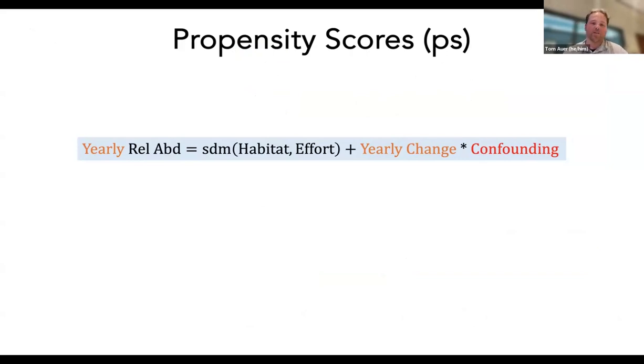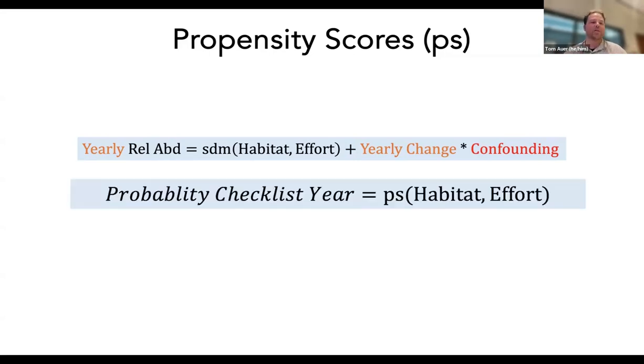And this comes from causal learning and inference fields in economics and statistics. And so we're using that framework of causal learning to basically understand a treatment. What is the likelihood that a checklist is from a given year? What's the probability of the checklist year? And this is our propensity score model. So it takes a lot of the same features that we have, but instead of estimating relative abundance or yearly relative abundance, this propensity score model is estimating the year that the checklist came from.